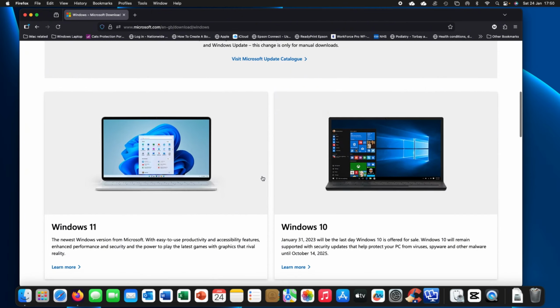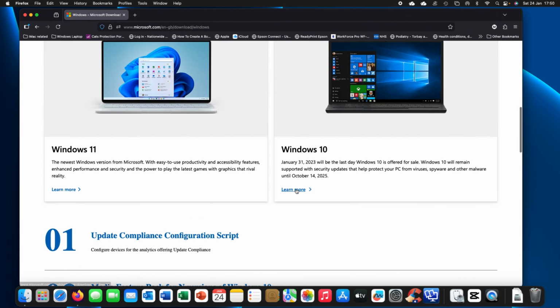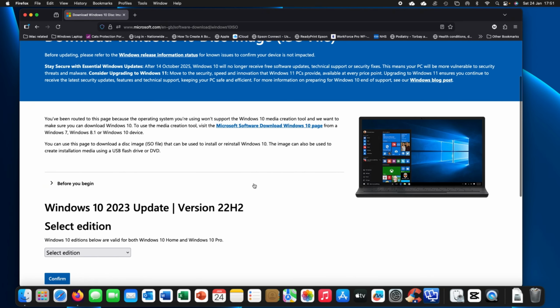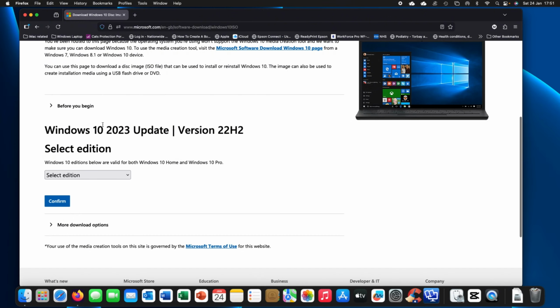As we can see, we can go to Windows 10 and come in here. It doesn't seem to give you the actual direct link to the ISO, but it does. It depends on how Microsoft works with their website. Sometimes they remove it, sometimes they don't, but as of now they still give you the function of downloading the Windows 10 ISO file from their webpage. So let's download. As you can see just here, it is the most recent up-to-date Windows 10 2023 update version,